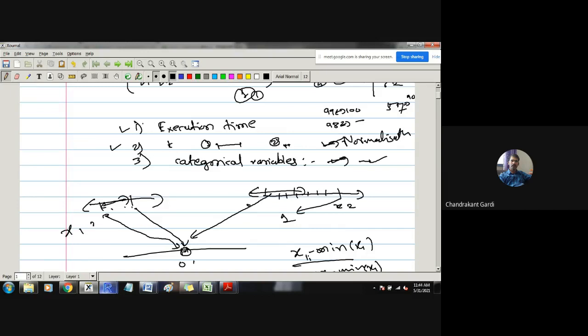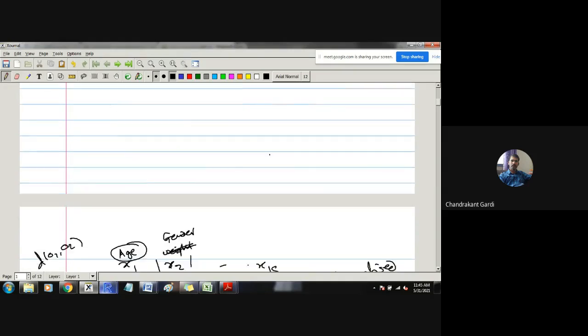With the KNN classifier, these two things we have tackled: variables measured on different range values, and the presence of some categorical variables in the data. These two problems we have tackled using normalization and this grading distance method. But what about execution time? If these two demerits have been resolved, then this KNN classifier can still become a good classifier to work with, but the only problem now is execution time. If somehow we can tackle this particular problem, then the KNN classifier will have more practical applications.